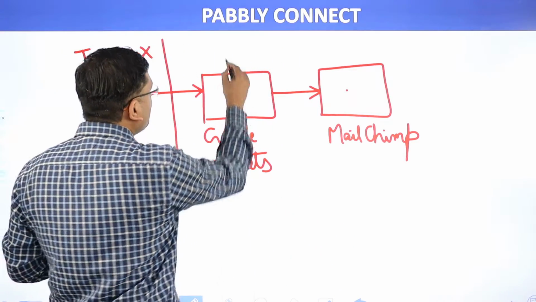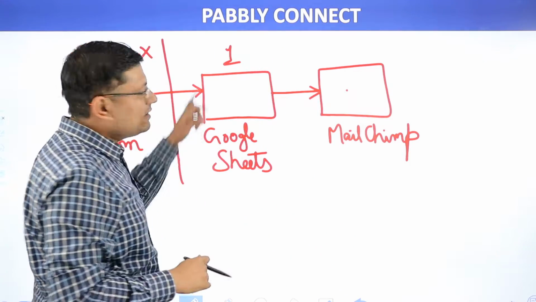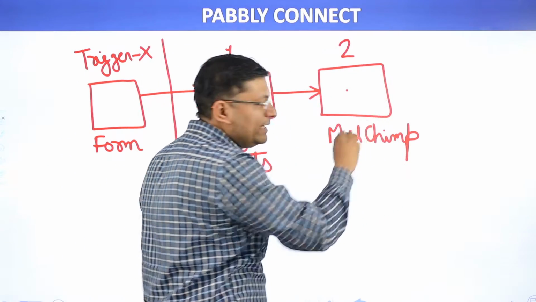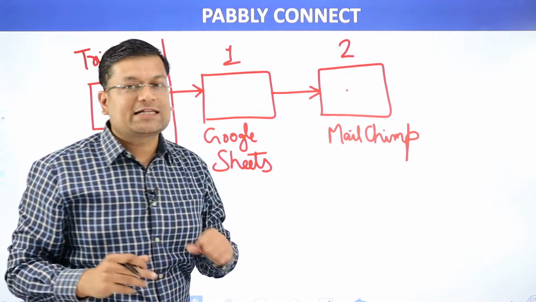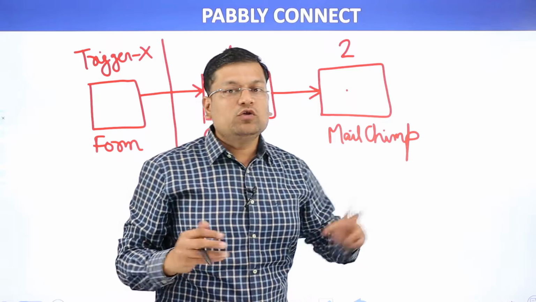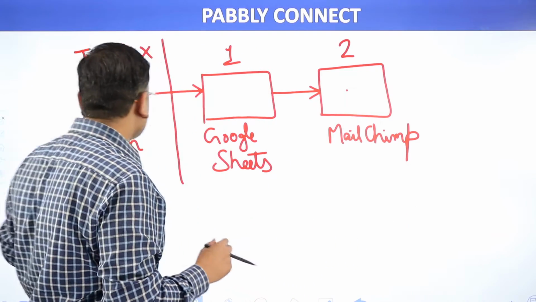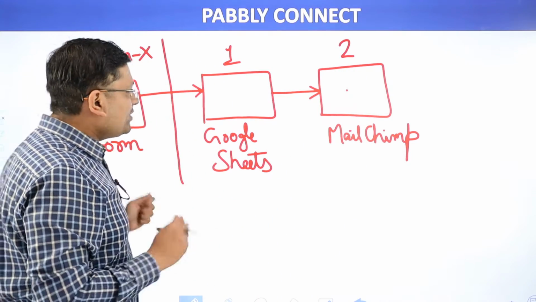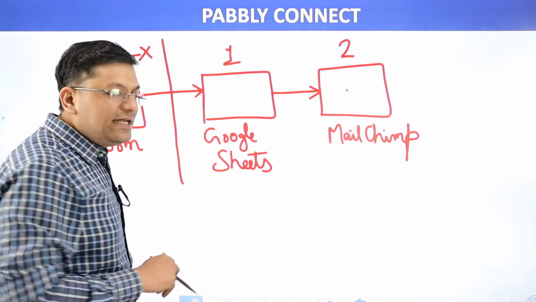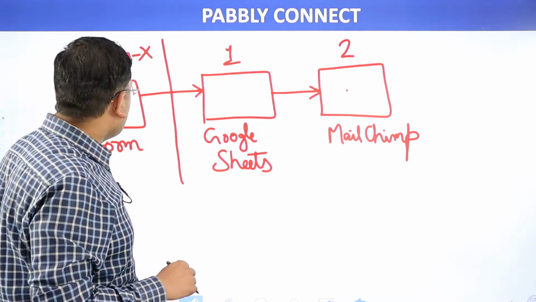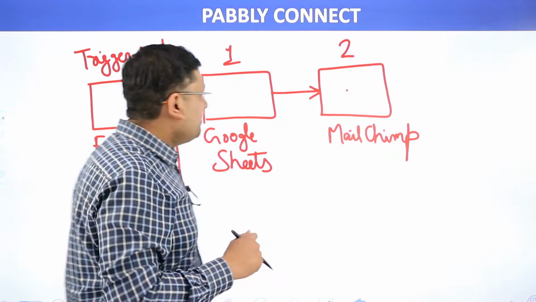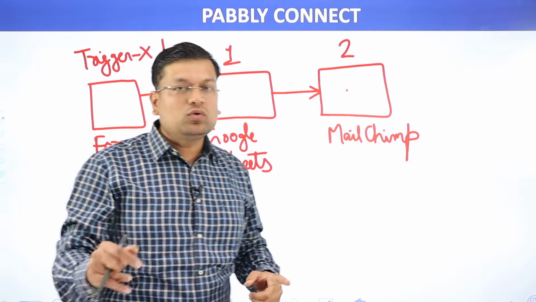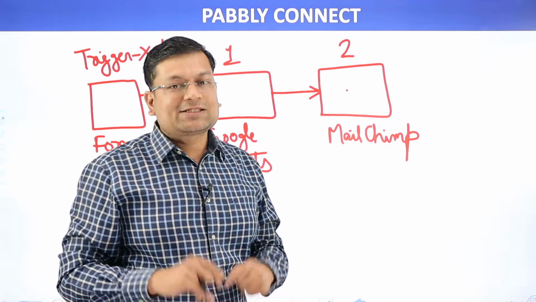In this specific case, because we are sending lead data to Google Sheet, this will be your task number 1. And because we are sending a lead to MailChimp as well, this will be your task number 2. So in this workflow, you will be consuming 2 tasks every time it runs from left to right, or maybe from top to bottom. One more thing: if you're getting 10 form submissions on your trigger side, because this entire workflow will execute 10 different times, it will be a total of 10 into 2 equals 20 tasks.